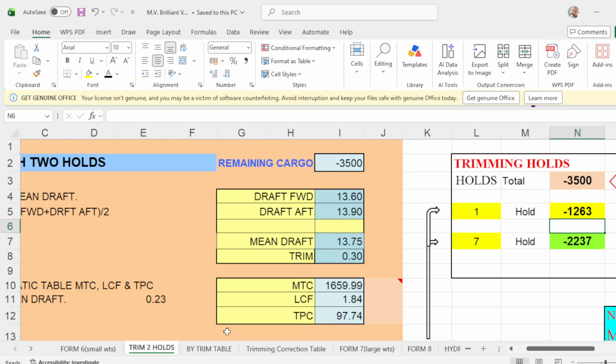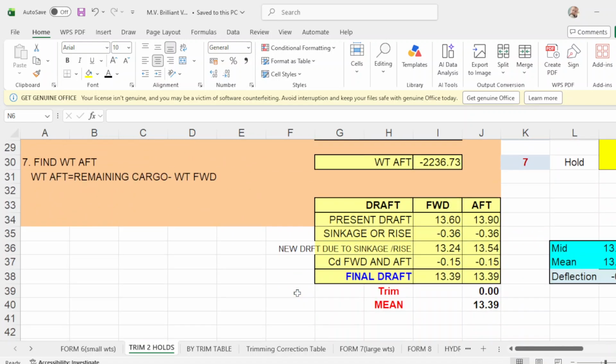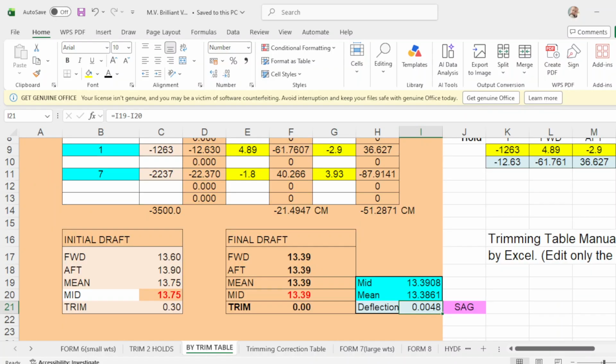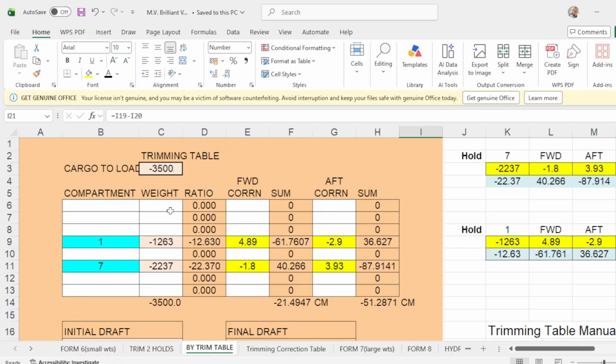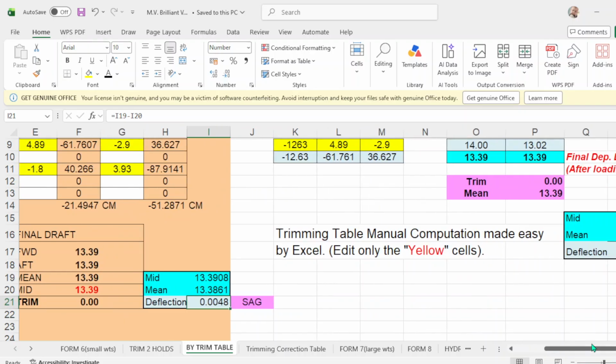Okay. Then you have even keel of 13.39. Trim 2 holds. Then scroll down. Then your departure is even keel of 13.39. And by trim table, your departure of 13.39 even keel. Same with this one.